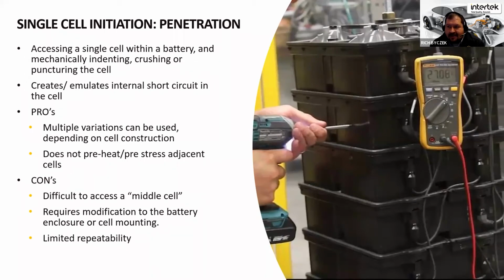On larger batteries, like the example here, I showed just drilling a hole in the side of the pack. You're often limited to only penetrating an externally located cell. Again, that may not be a worst case situation, because 2 or 3 sides of that cell are essentially heat sinked by the enclosure. If a centrally located cell was to go into runaway, it doesn't have the benefit of dispersing that heat to things other than adjacent cells. So often we want to get a somewhat centrally located cell as our trigger point. Mechanical penetration methods make that difficult.